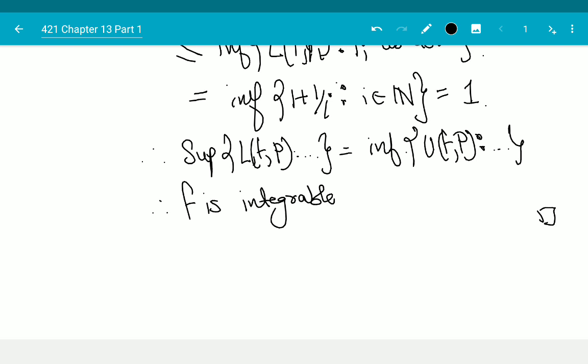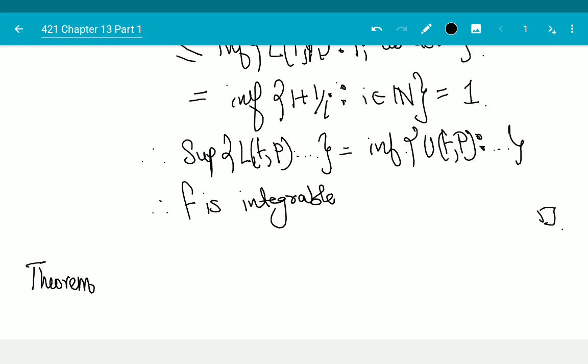Okay, so this is how you show for 3, but sometimes you might be able to find just one partition where it just works out perfectly. Okay, then